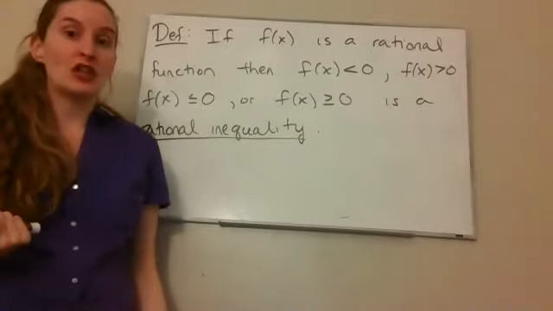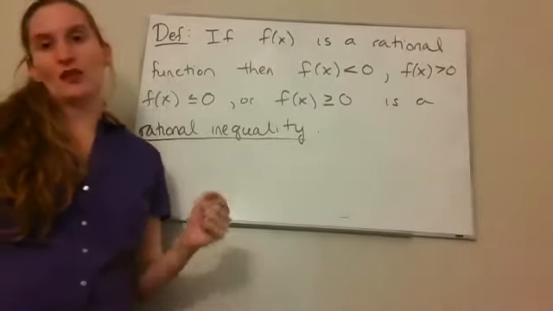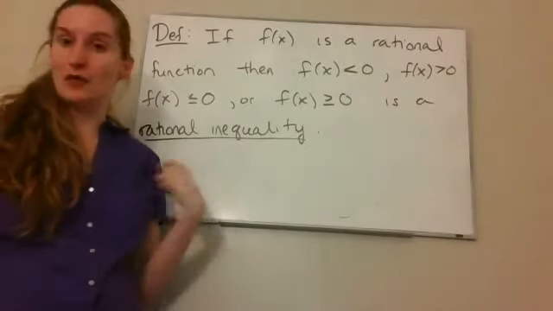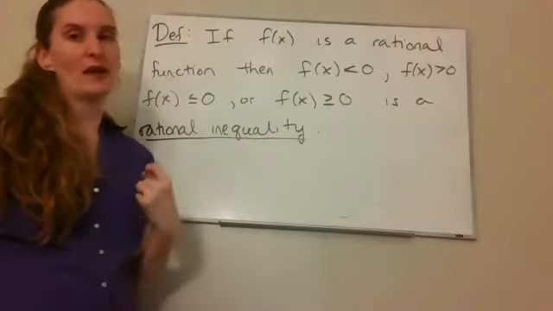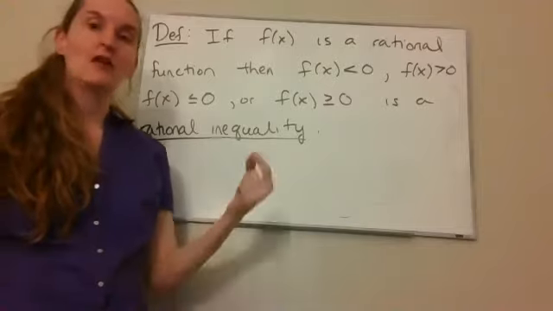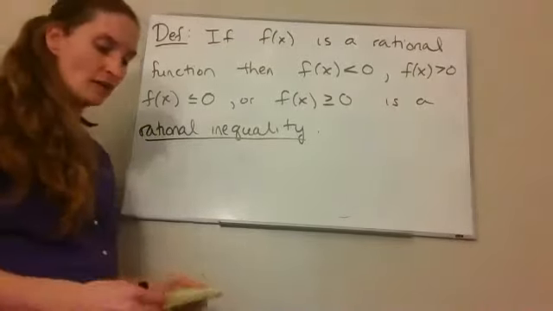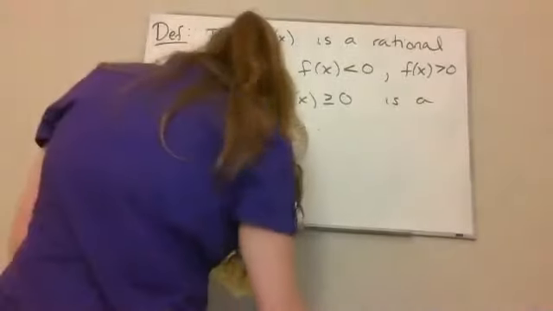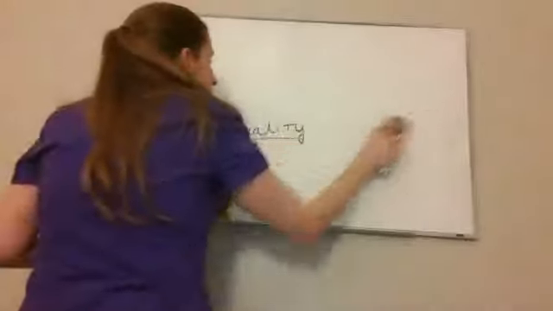And the only thing that changes in solving is that instead of just using where our function equals 0 as boundary points on that number line, I also have to include points where my function is undefined. So things that make me divide by 0. Those are also boundary points on the number line. Otherwise, it's exactly the same procedure. So let's start